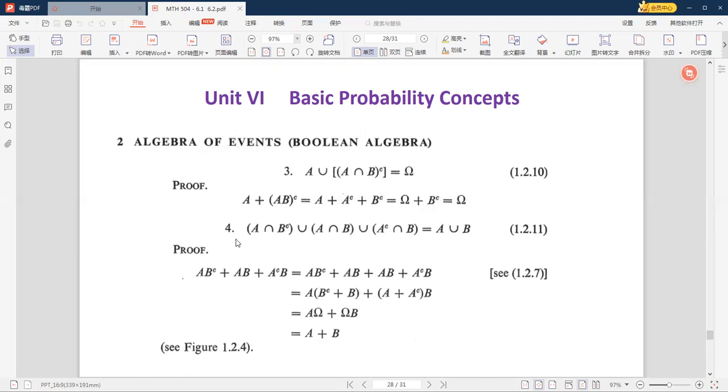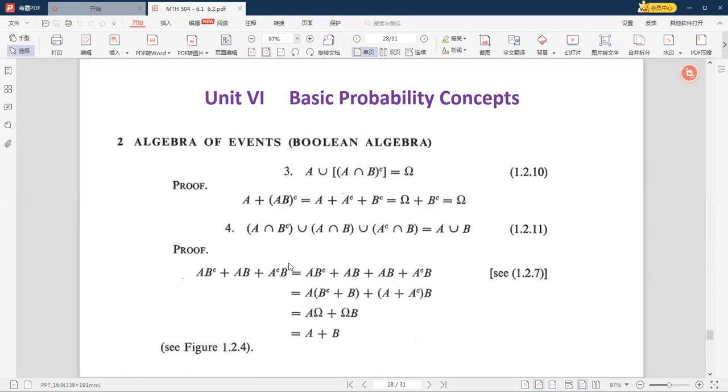That's example 3. Then the next example is to prove something more complicated. We've got 3 parts to union, and each part is an intersection. So if you try to prove it by the previous method of picking an element on the left, it could be pretty tedious. But if you use the algebra, similar to numbers, that works, and using the other results about sets, we can do it